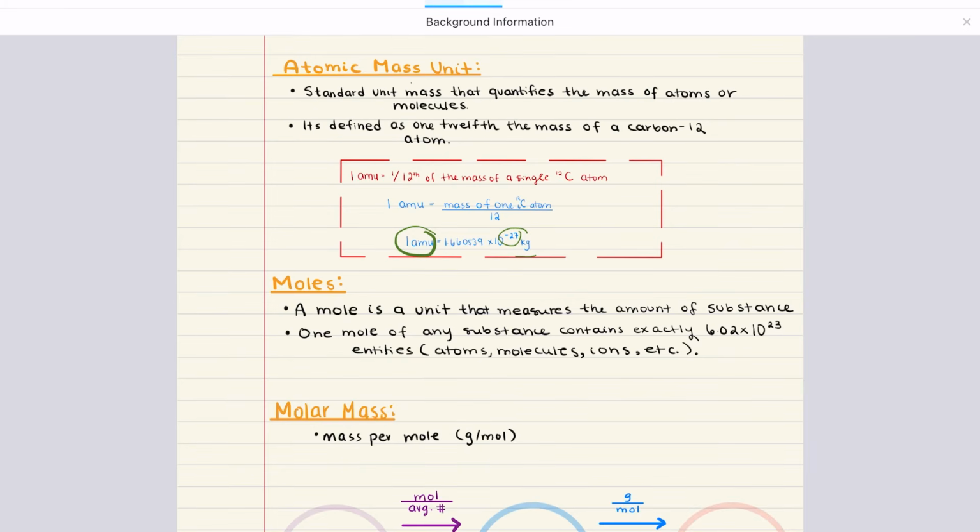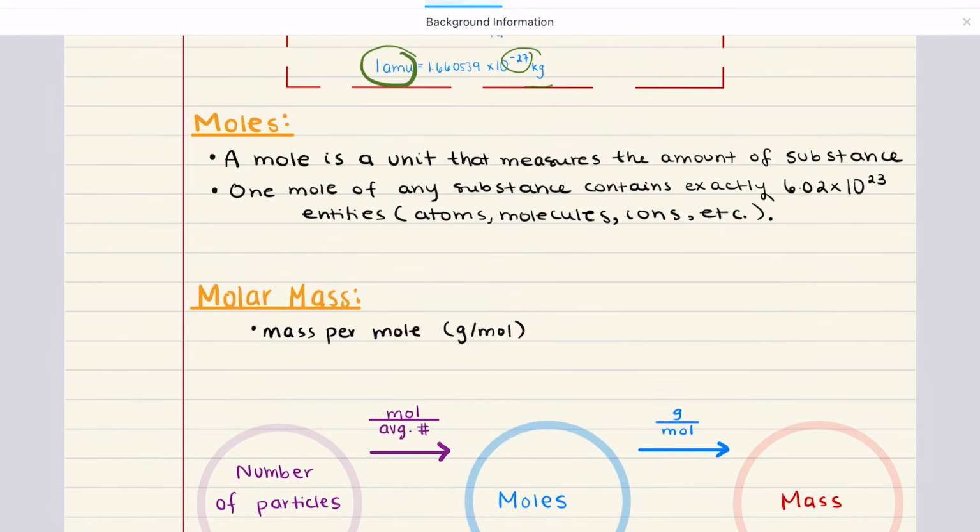Then what is a mole? This is going to be so important for chemistry, all right? A mole is a unit that measures the amount of a substance. So just like the measure 1 dozen signals 12 of an object, whether it's a dozen books, which is 12 books, or a dozen eggs, which is 12 eggs. All right, 1 mole is a unit that measures the amount of substance, and 1 mole of any substance equals